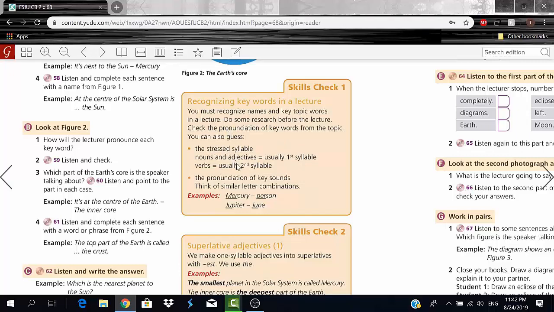You guys remember the stressed syllables, different verbs, right? And also different nouns and adjectives, right? So the pronunciation of key sounds could make or break a keyword, right? So saying Mercury is nothing, but if I give a certain stress to that word, that probably means it's a keyword. It hints to something else, or to an extra piece of information, for example. Person and person, right? Jupiter and Jupiter, okay? June and June, right? That stress can make all the difference, okay?